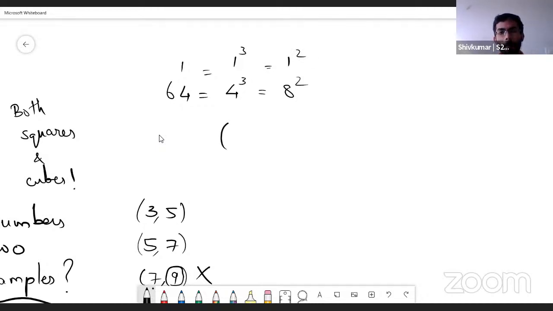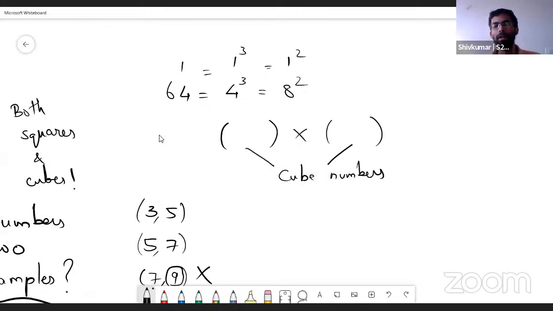Let us take a product of 2 cubes. Let us multiply 2 cube numbers. Both of them are cube numbers. What can you say about the product? It seems that this question is not at all related to the first question, but there is a link. We will start examining this question and then go back and see what light this throws on our original question.